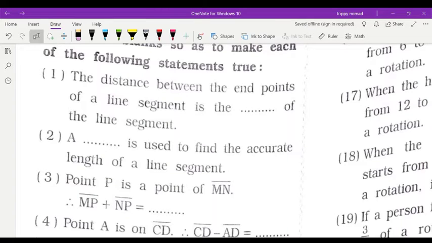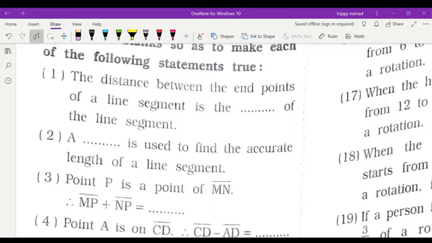Today we are going to start revision of chapter number 5. You already know very well that chapters 1 to 5 are included in the first term syllabus, but the 6th chapter, as I already explained, will not be included in the first term exams. So first, we are going to start with filling the blanks.